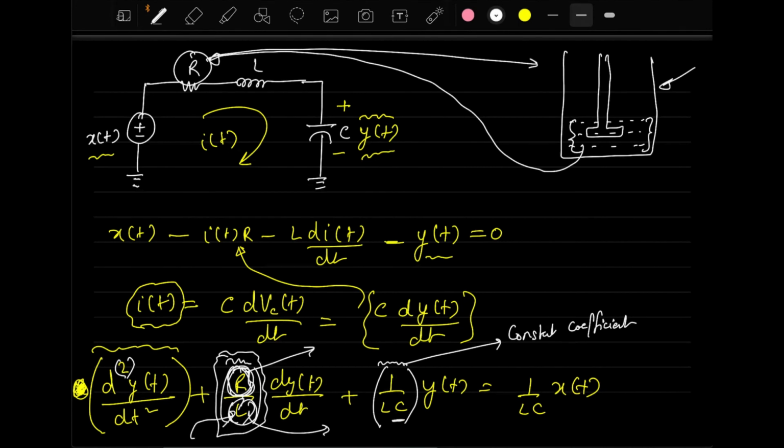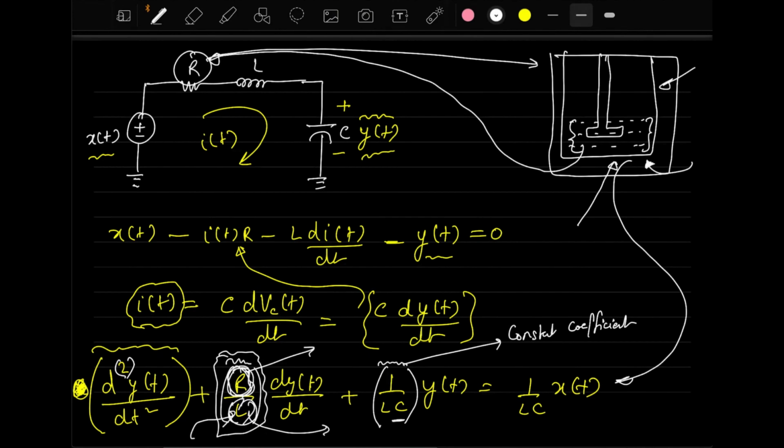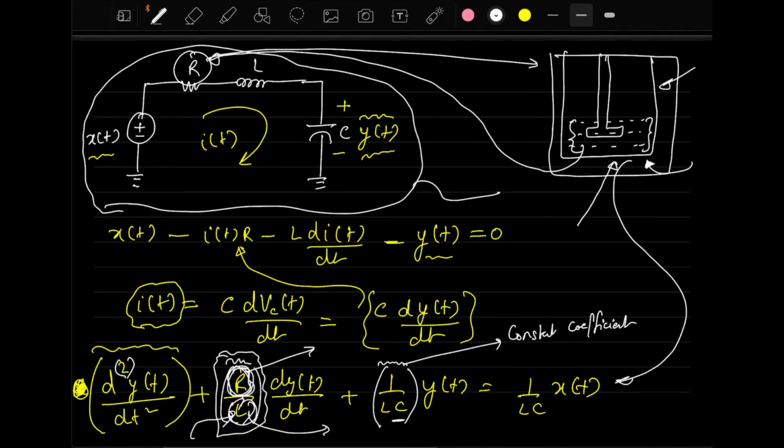So once you substitute the values here properly, then without solving this system, because this system may be very complex, you can actually get the input output relationship of this system using this differential equation, because you know that this particular system follows a second order differential equation between xt and yt. So maybe you can use the advantage of formulating this system here and then exactly copying it onto this system.